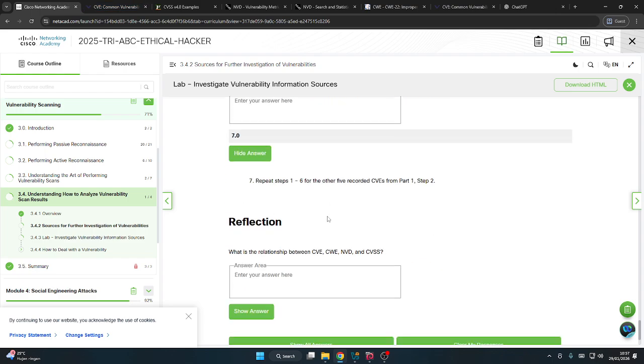Repeat steps 1 through 6 for five CVE records from part 1 and step 2. Maybe we can stop here,